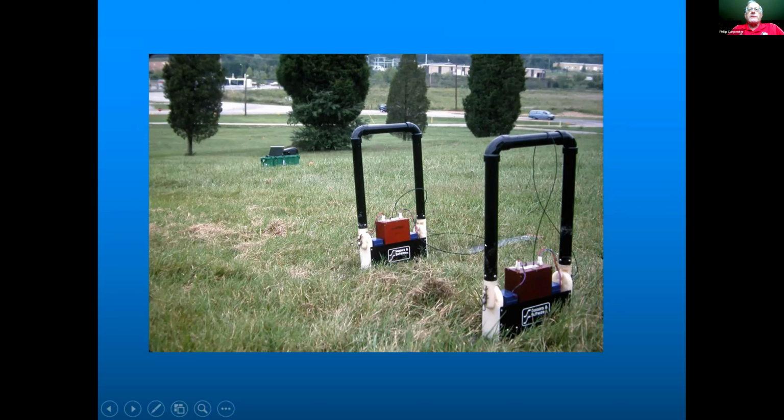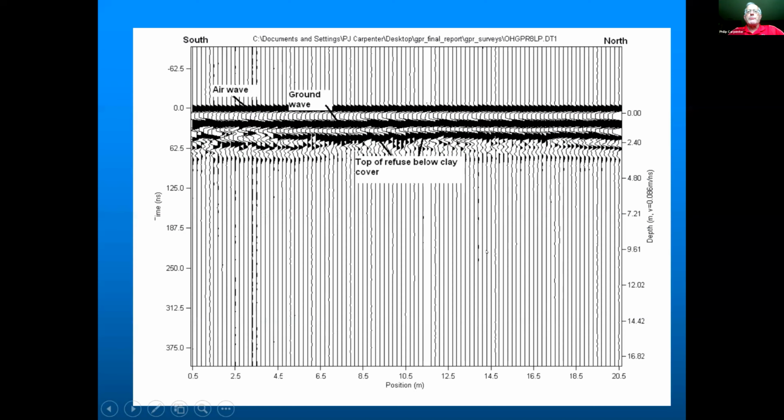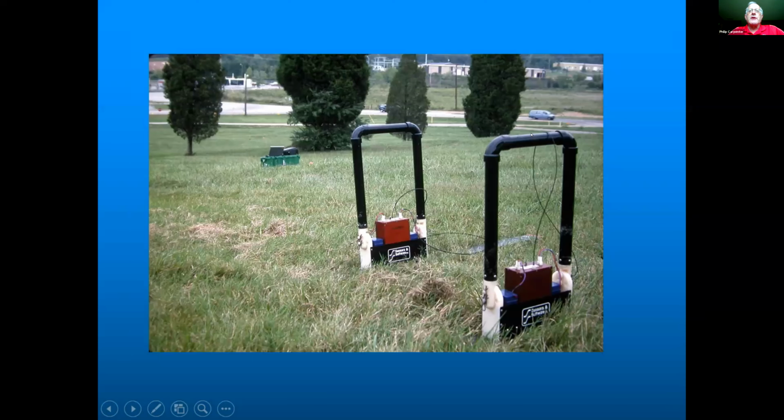These are fiberglass PVC pipes. There is some metal inside the two transmitter receivers; they're lined with foil, like a Faraday cage, so you don't get interaction, and they do have batteries. Unfortunately, the batteries are the big problem with the system, as well as the fiber optic cables, which you can step on and break very easily.